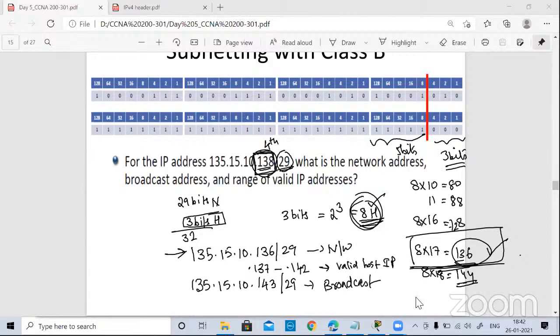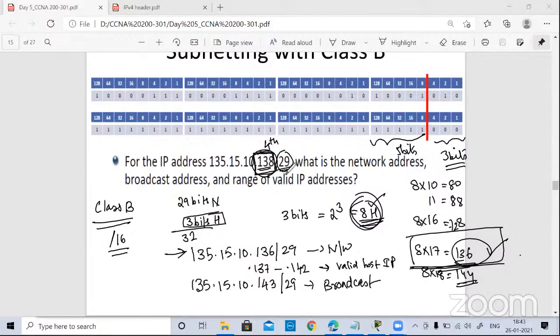That way we can say that there are 32 networks, but let me be more clear here. We cannot just say the number of networks because we don't know what the actual IP address was. If we just go with the notion that this is a class B address, what is the default prefix mask for class B? We have /16 as a default mask.